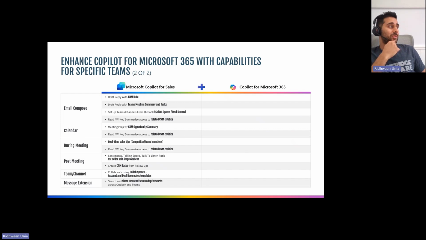You could do so much more, like a meeting prep with CRM opportunity summary. You could read, write, and summarize access to related CRM entities. So if you want to know something about a certain client, you could do that quite easily. It's a pretty powerful tool, and the licenses are $600 a user a year, and it's available to purchase